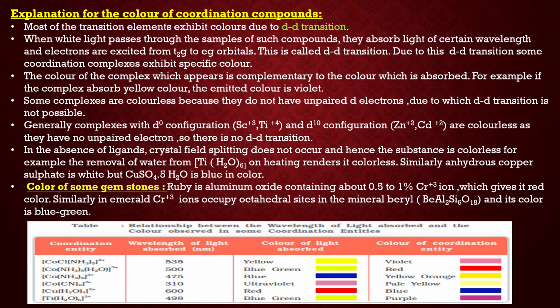Now, some d orbital complexes are colorless. Why? Because they do not have unpaired d electrons, due to which dd transition is not possible. Generally, complexes with d0 configuration like scandium plus 3 or titanium plus 4, and d10 configuration, that is fully filled configuration, like Zn plus 2, Cd plus 2, are colorless as they have no unpaired electrons, so there is no dd transition. Now, in the absence of ligand, crystal field splitting does not occur and hence the substance is